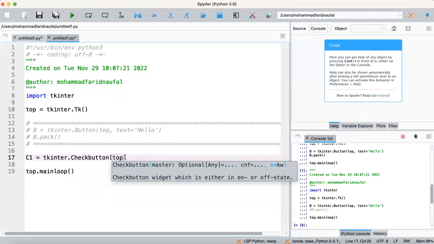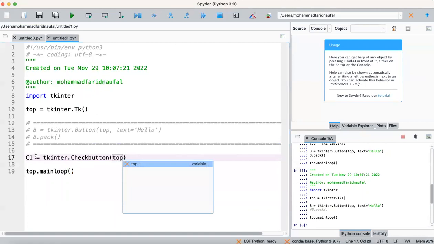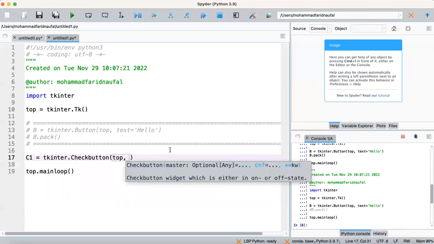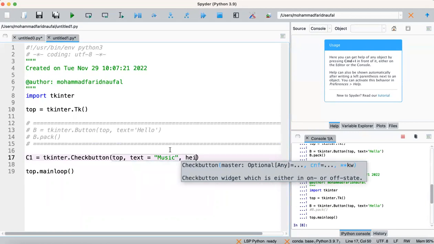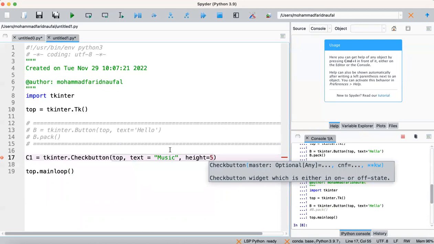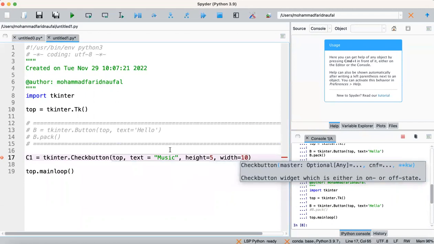The first parameter, because we want to place C1 into the top main window, I will put top here. Then the text is music. Then the height, which is in pixels, I'll put 5, so it will be 5 pixels. And for the width, equal 10.